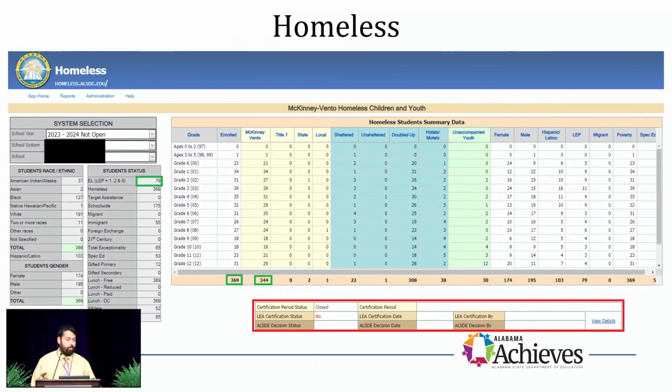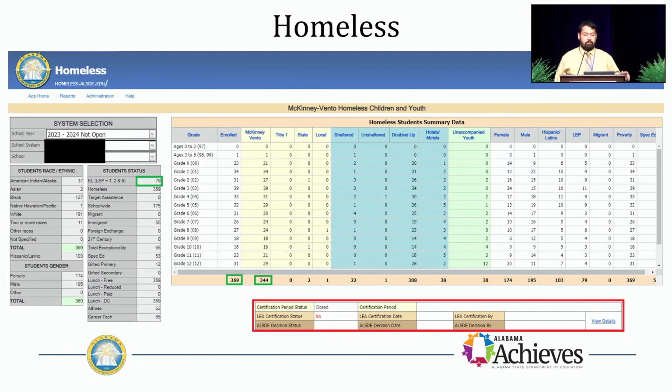All right, so for the homeless tile here, very similar in fashion. I've highlighted a couple values here. It may be a little hard to see, so if you have the slide deck available, you can open that up and see. But you're going to see a slight difference in values here between the homeless tile and what you see in the student data tile federal programs homeless section. And the reason for that,